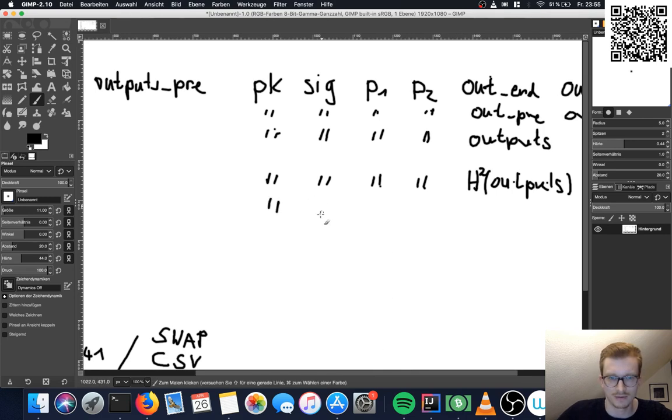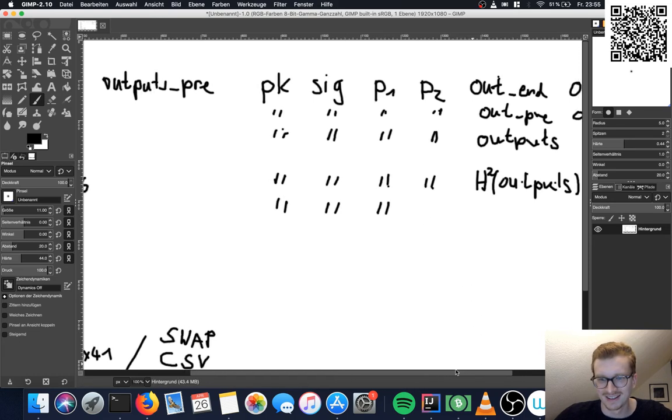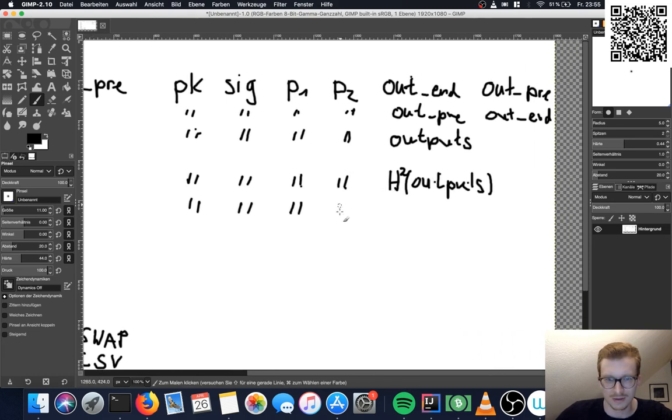We will concat them like this. So let's use the Spenden notation, which is just a dot, and then we'll have a hash of outputs. Oh, this tablet is pretty bad. So this should say outputs, but it doesn't. It sometimes just makes a dot. Output, and this should be an S.